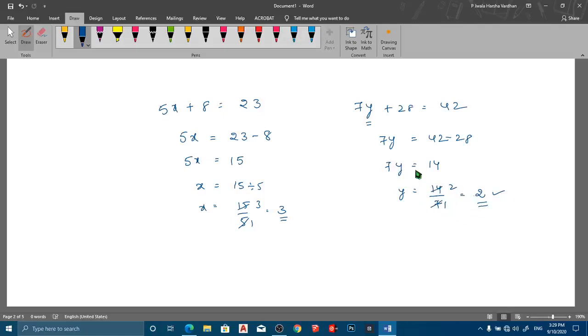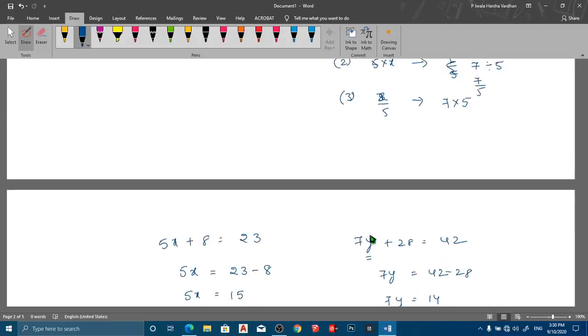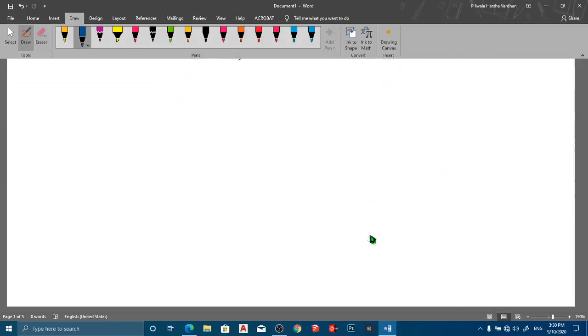Okay, this is the exact problem. Here also you are getting only two simple steps. So this method is preferable while you are doing equation solving. So the next method is what here? The cross multiplication method. That is also one more method. It is called the cross multiplication method.